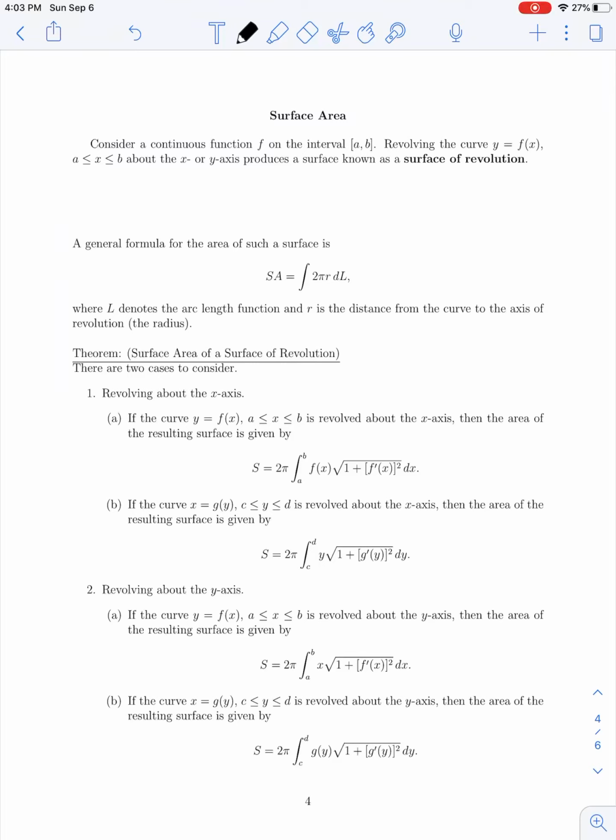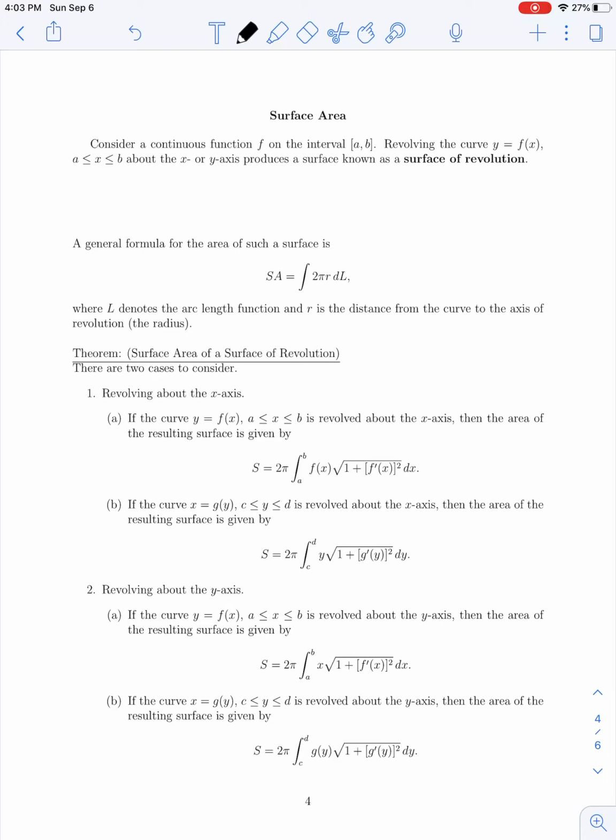Okay, in this lecture we're going to cover the second part of our section 2.4 material on arc length and surface area. In the first part of this section we had considered the problem of finding the arc length of a curve, which would be the graph of some function of x or y between two endpoints. And we had derived a couple of formulas for the arc length of such a function. So in this second part of the section, we'll consider the problem of determining the surface area of a solid